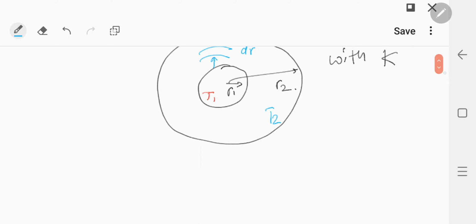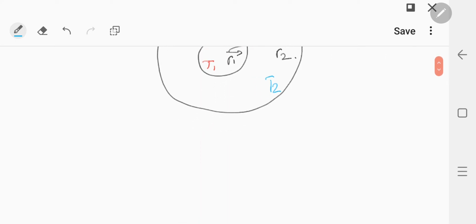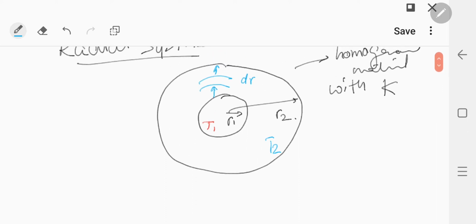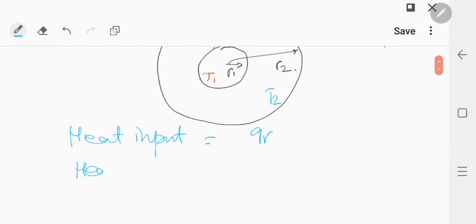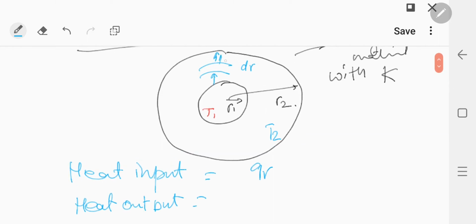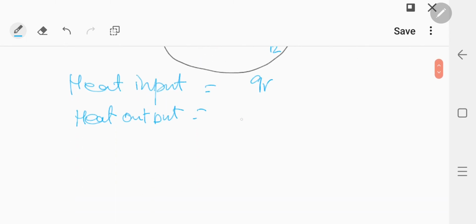Now, at any given distance, the heat input into this wall will be QR, and the heat output that is moving outwards from this shell of thickness delta r will be QR plus delta r. Clear? Now, let's assume there is no generation, so heat generation is 0, and under steady state conditions